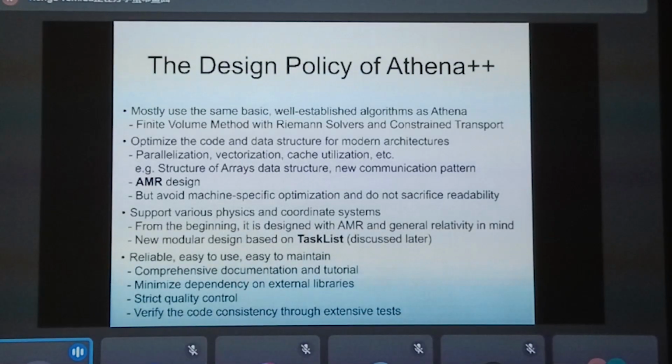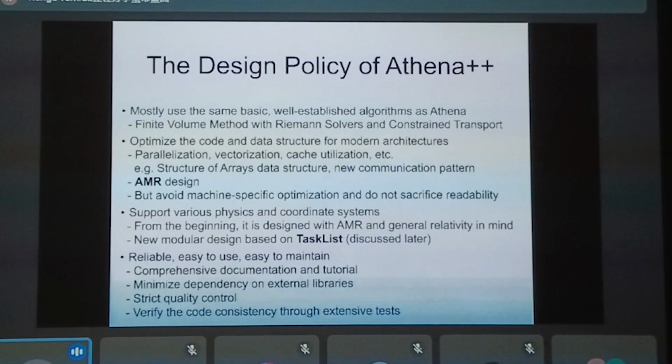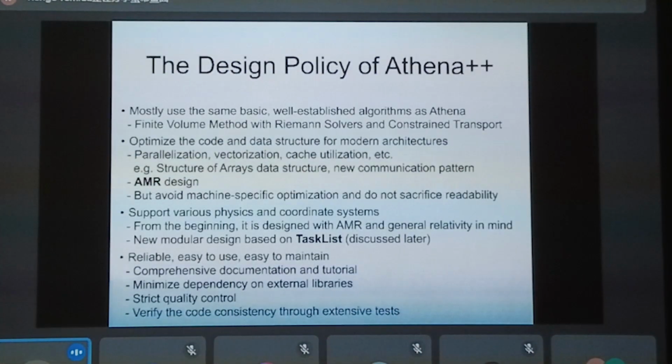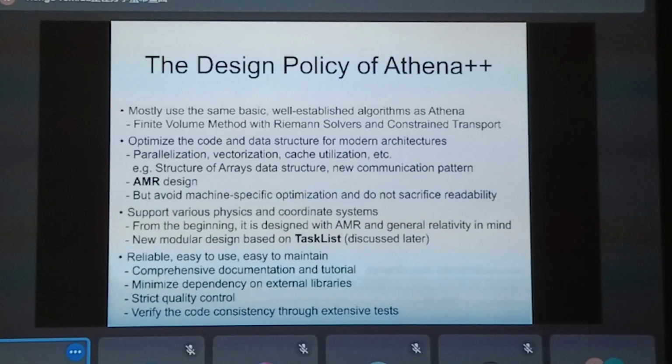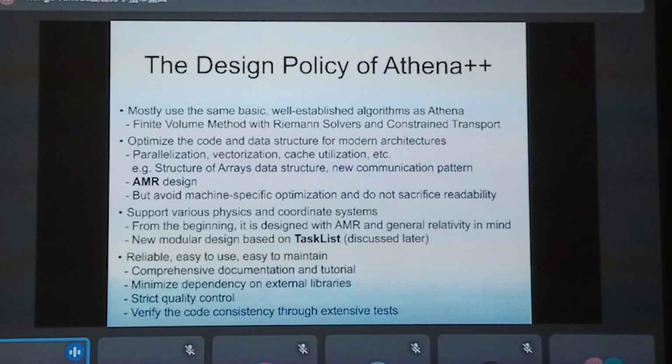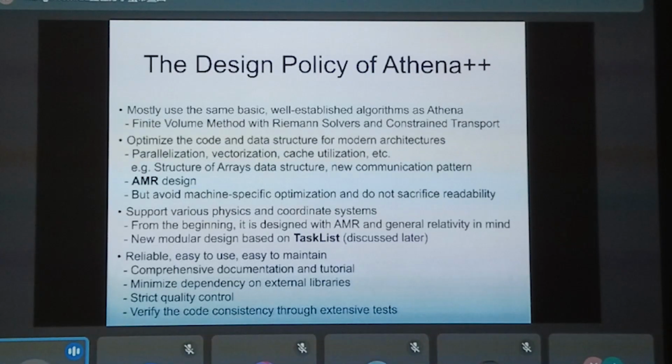Also, we want to support various physics and coordinate systems used in astrophysics. So from the beginning, we designed it with AMR and general relativity in mind. Also, what is very new in Athena++ is a new design called task list. I'll discuss this later.